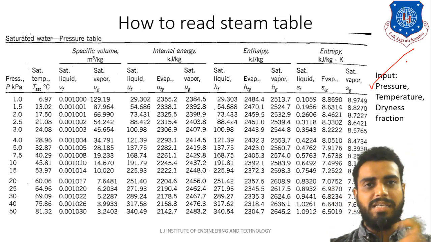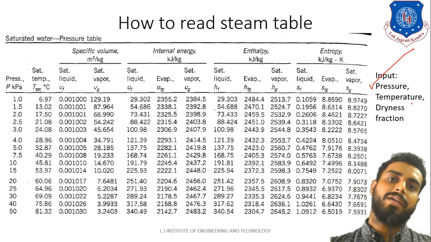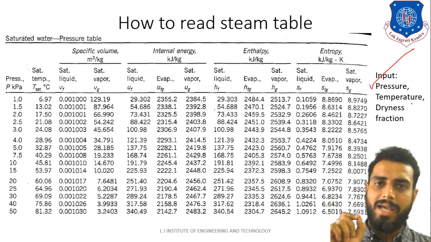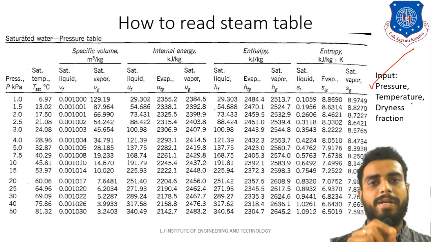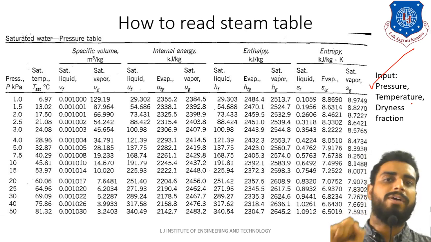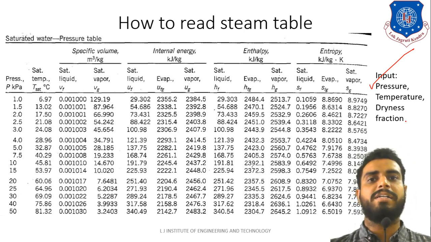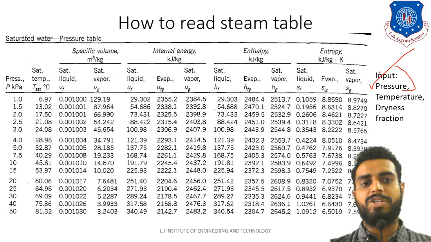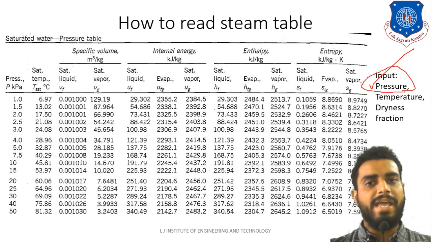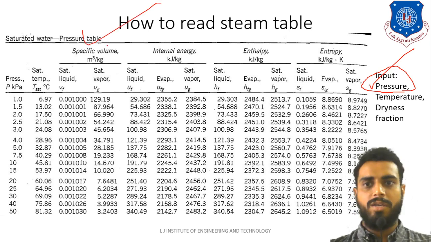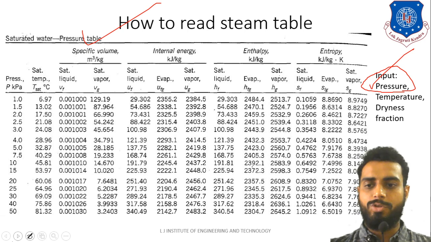Like this you will be given the input condition. If temperature is not given, then dryness fraction may also be given. For example, pressure is 1 bar and dryness fraction is 0.95. So you have to identify the steam. These are the examples of how the data for the steam might be given. But obviously, if you are given the pressure, then you will open the pressure table. That is the very first thing that you should keep in mind.